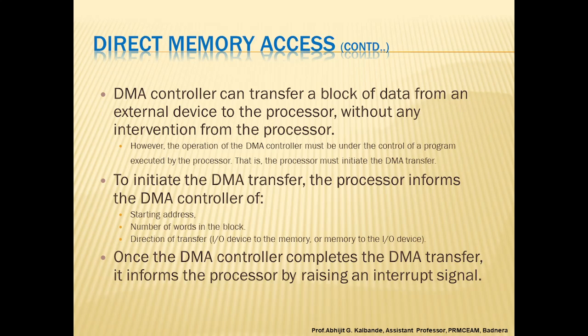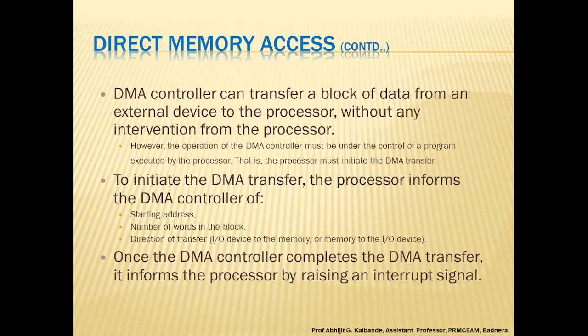To start the DMA transfer of a block of data from main memory to a device like a printer, the program usually calls the operating system, which writes certain information into the registers of the DMA channel. That information is the memory address, the word count, and a function to be performed, either a read operation or a write operation. The DMA controller then proceeds independently to implement the specified function.